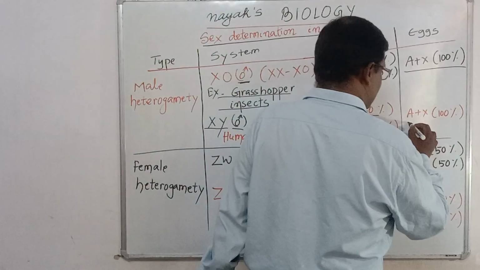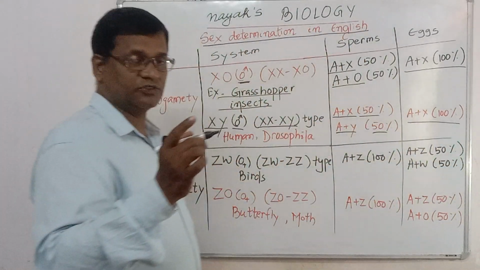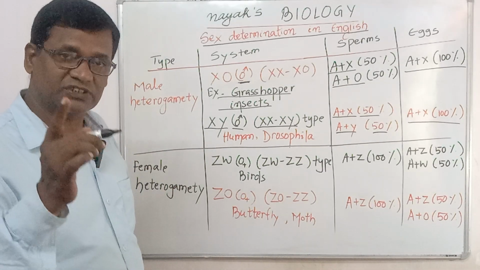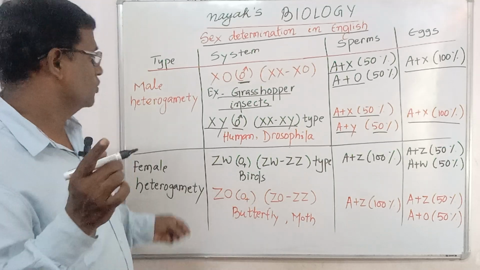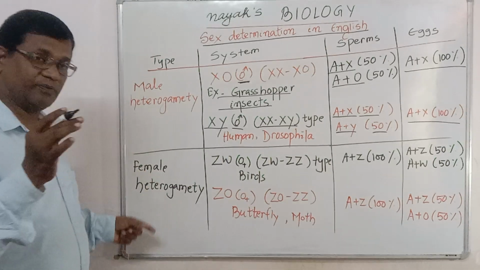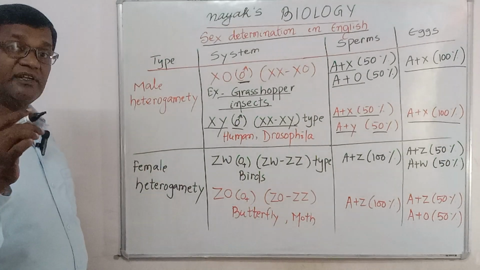And in the female, only one type of egg is produced, that is A plus X. That is the total egg produced. It is only one type, because we are male heterogamy. Clear? Now come to the female heterogamy, where the female is different and the female produces two types